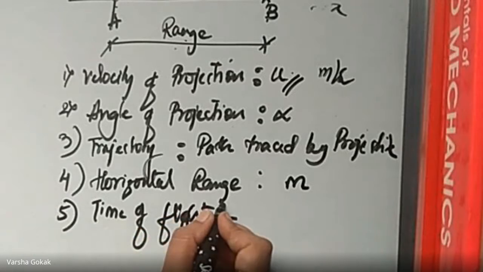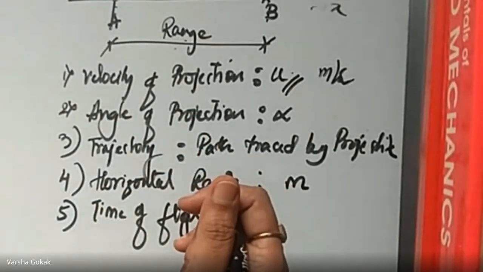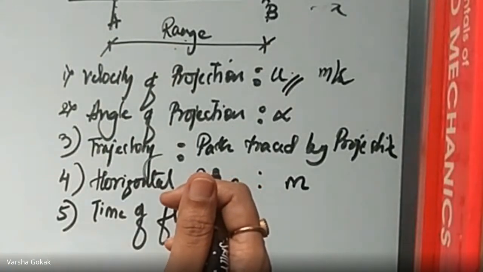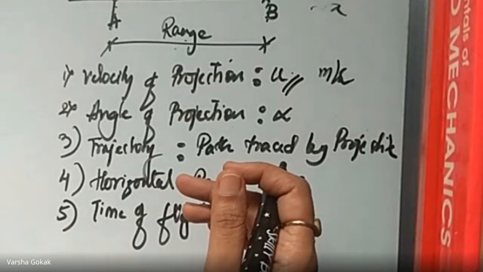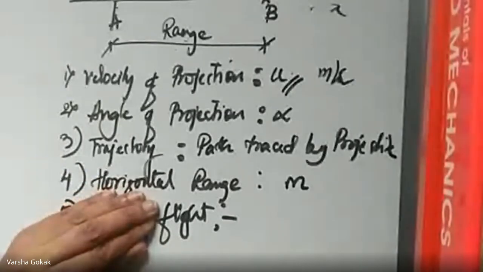And before that, tell me what is flight first. What do you understand by the term flight? When it is above the ground. What? Yes, it is above the ground, but what? Be more precise, Swapnil. Object in space. In upwards direction. I want only what is flight. Don't forget this time of flight. What is flight? From when to when?